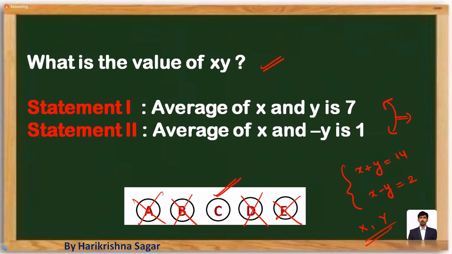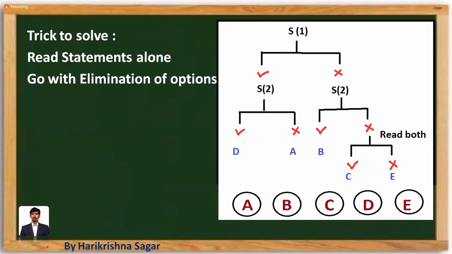And that's what I have mentioned in the flow chart here. So when you look at statement 1, if statement 1 is correct, you can fix either A or D as the answer. You can eliminate B, C, E from the scenario. Now look at statement 2. If statement 2 is also correct, mark it as D. If statement 2 is wrong, mark it as A. That's what you do if 1 is correct.